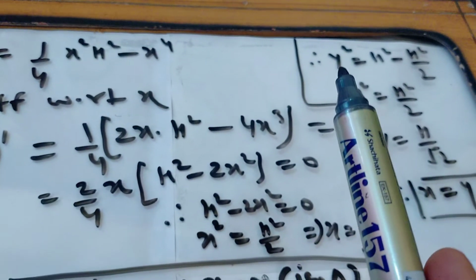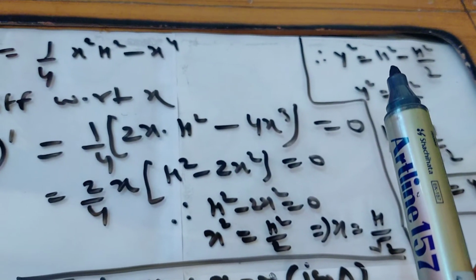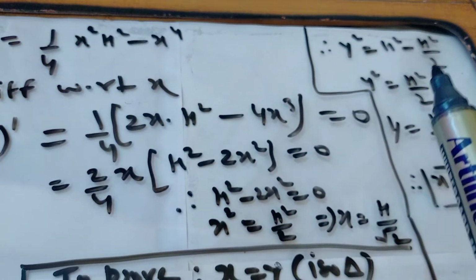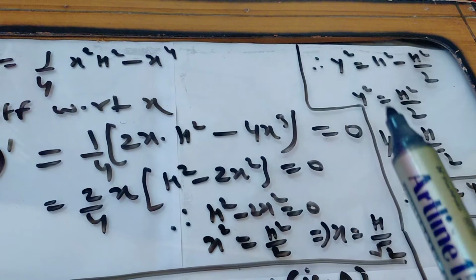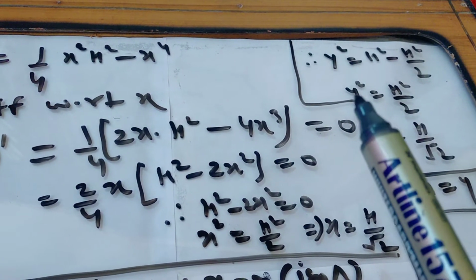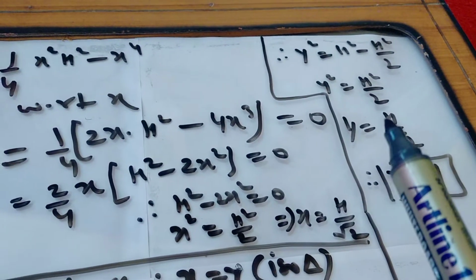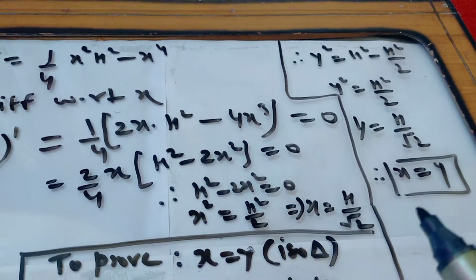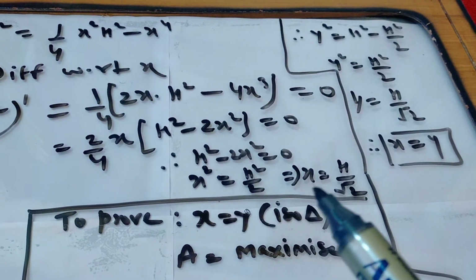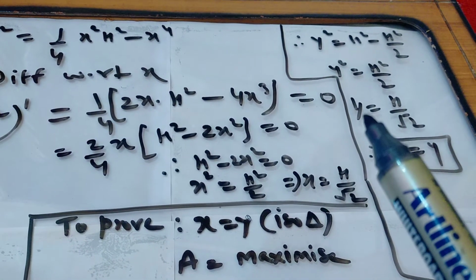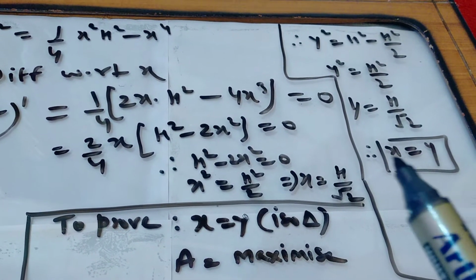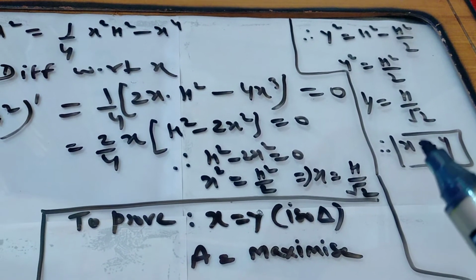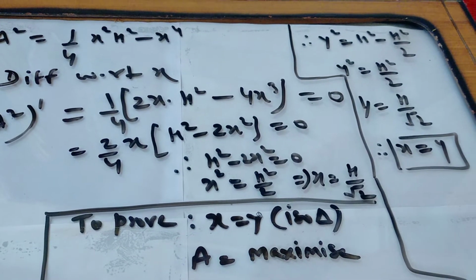Now we know y square is equal to h square minus x square. So the value of x square, which is h square upon 2, I am substituting here. So after taking LCM and all, it will be y square equal to h square upon 2, and the value of y is coming the same as the value of x. It is h upon root 2. So in this way we can say the value of x is h upon root 2 and the value of y is h upon root 2. Both are equal to each other. So we have proved that it is an isosceles triangle. Now we have to move on to the maximum volume or maximum area.